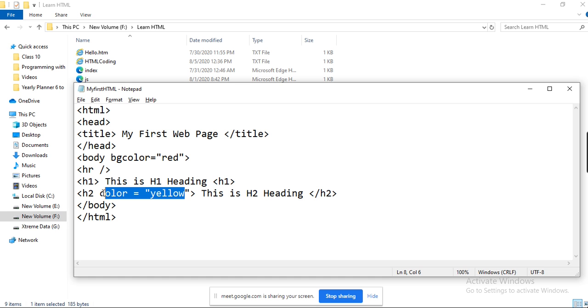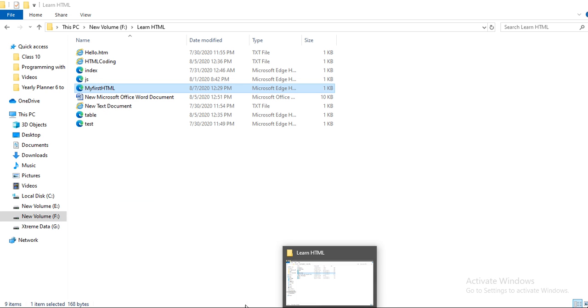Okay, I believe we must set the color using CSS, cascading style sheets. Inside the H2 tag it is not working. So CSS we must use in our header section. Okay, that needs to be defined in CSS, the cascading style sheet for HTML, and these are basically incorporated with each other, and HTML is always used in conjunction with CSS. So whenever we want to learn HTML, it is also necessary and advisable to learn CSS as well, the cascading style sheet, right?